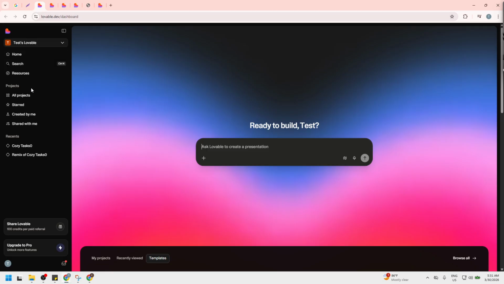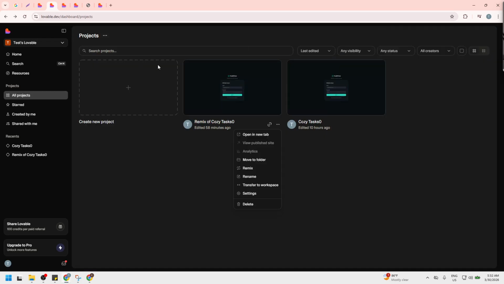This is where all of your work is organized. You'll typically see a recent projects list or a grid view of all your applications. If you manage many projects, scanning the grid or using any available filters will help you find what you need faster. Take a moment to confirm the project name and thumbnail so you don't accidentally share the wrong one.